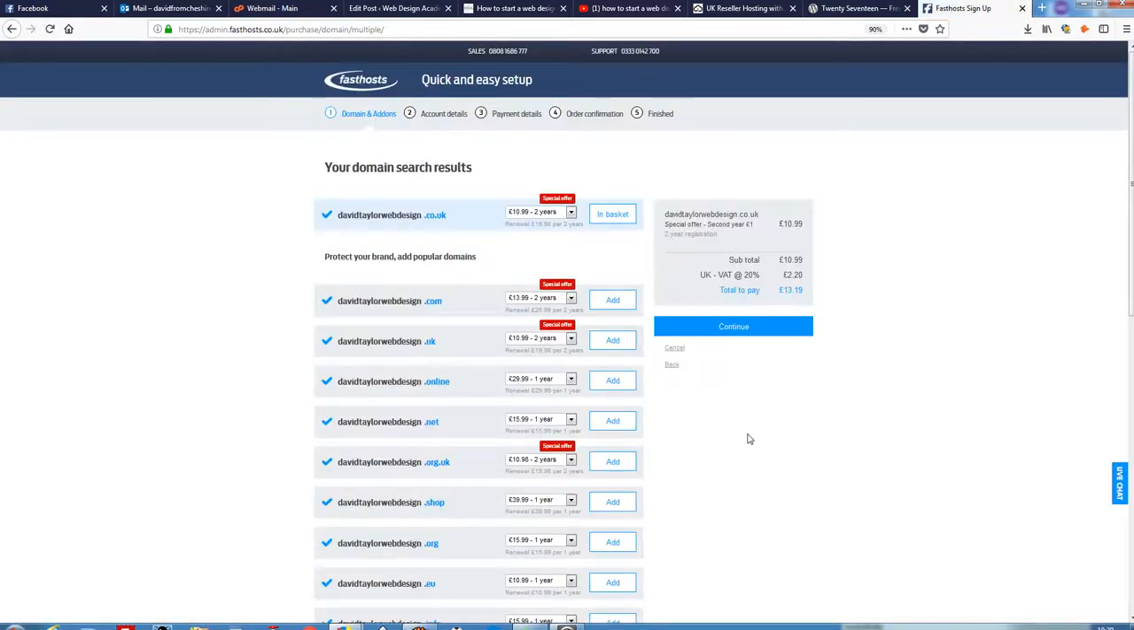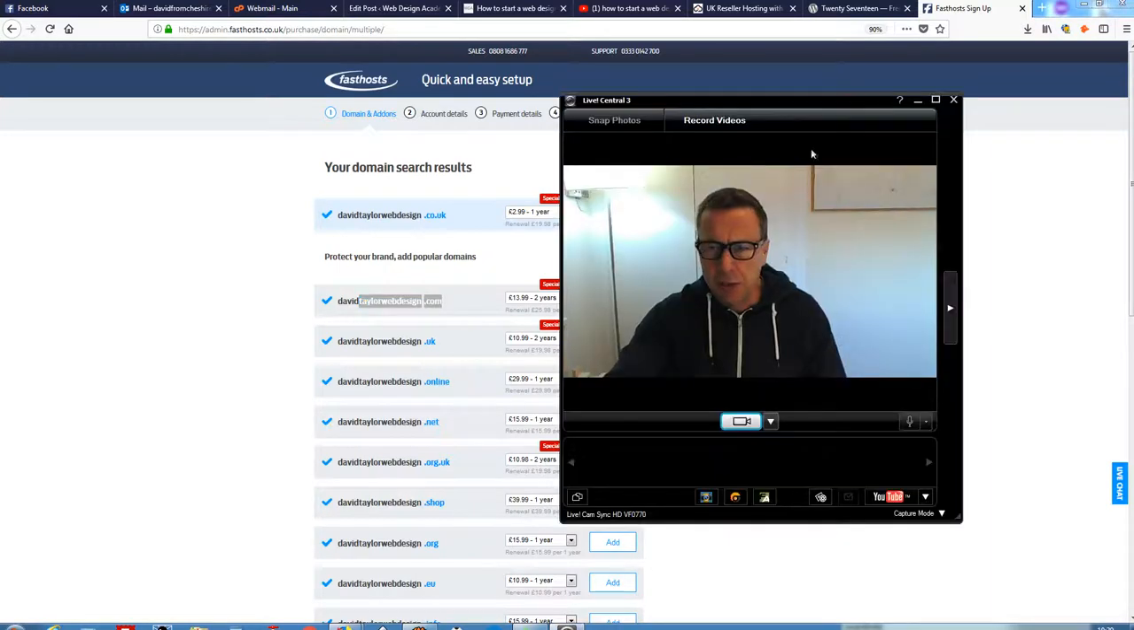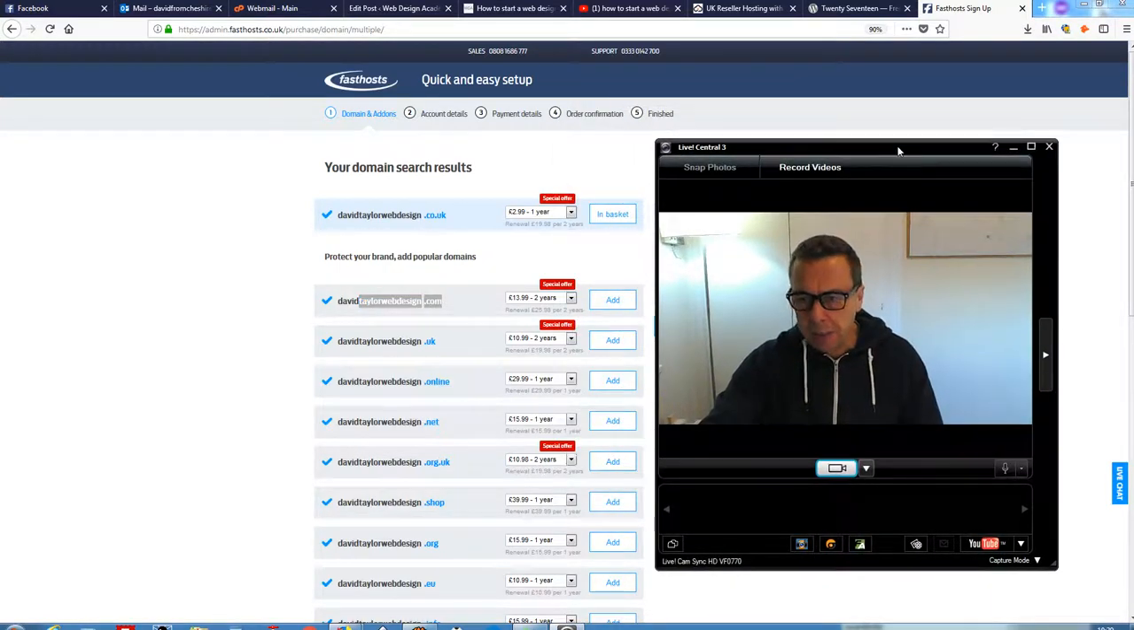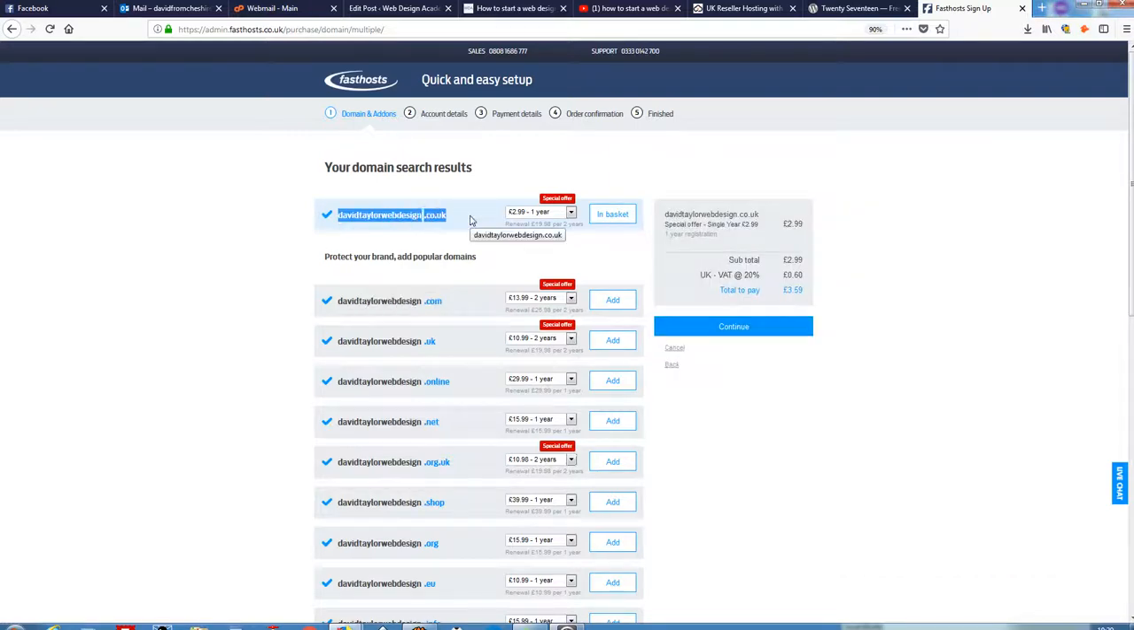Now .co.uk domain names are the cheapest option. .coms are more expensive, and then as you can see there's a whole host of others. I tend to stick to either .co.uk's or .coms. I have used other extensions, one or two other extensions in the past, but generally speaking I stick to those two. So as you can see, in this case, davidtaylorwebdesign.co.uk is available for $2.99 for 1 year, and I could go through and pay for that, and then I would own that domain name, and I can then link this domain name